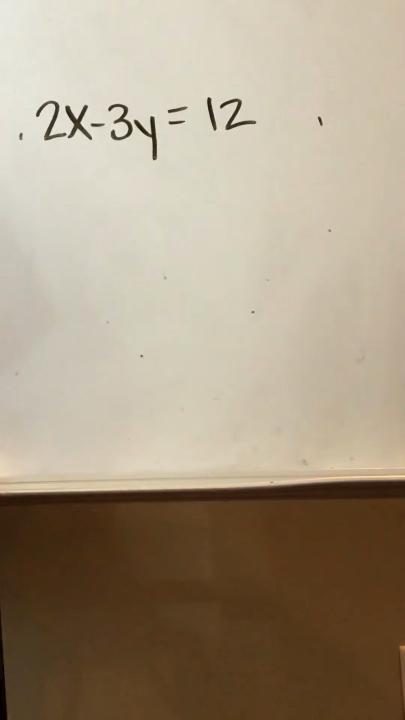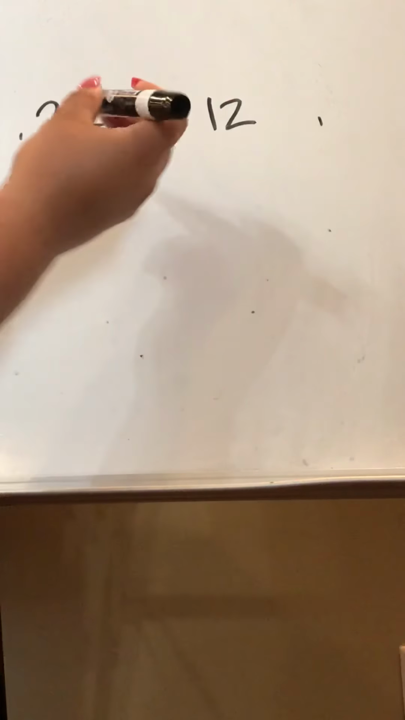Now I will show, because on my labs, you might have to plot your points by using x and y intercepts. So if you remember the graph, the second one that we did, it was 2x minus 3y equals 12. If I want to find my x-intercept,